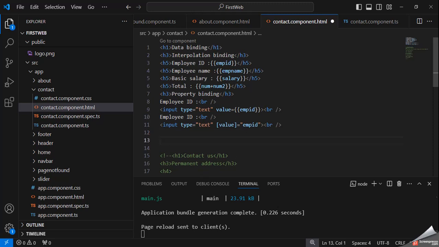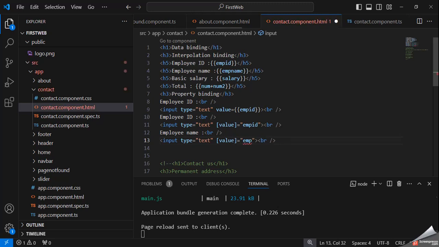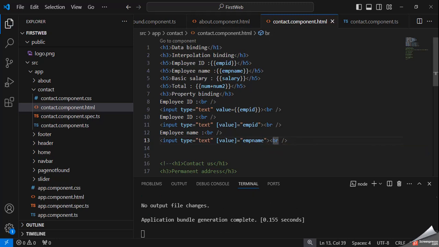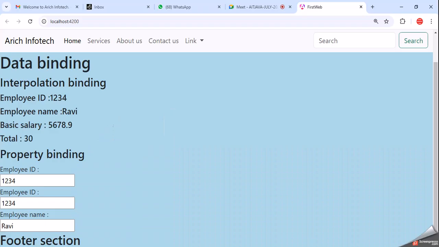In the same way we can show anything, like employee name. You can see this employee name.